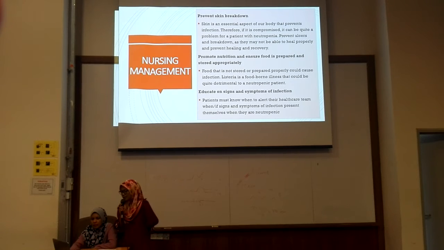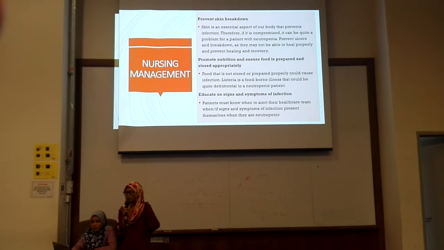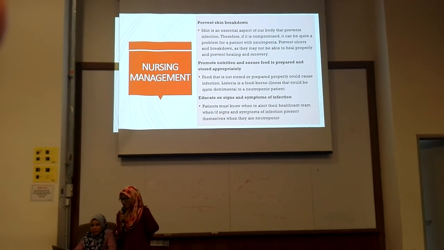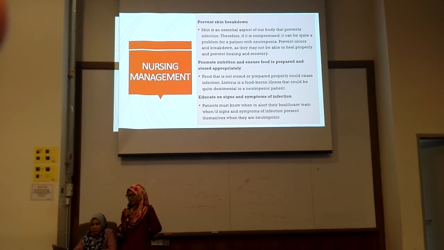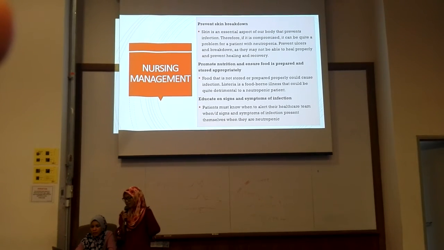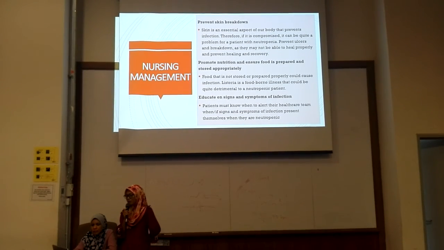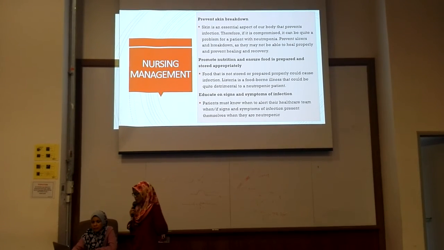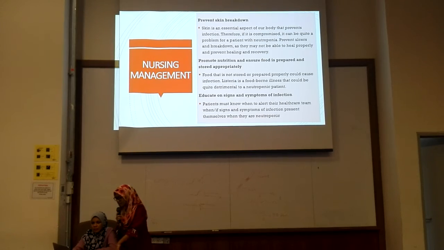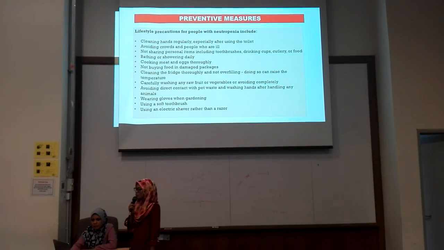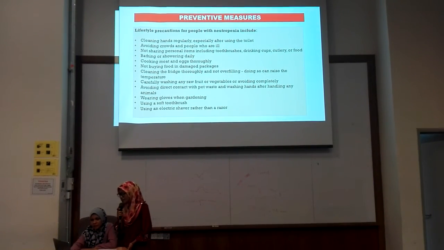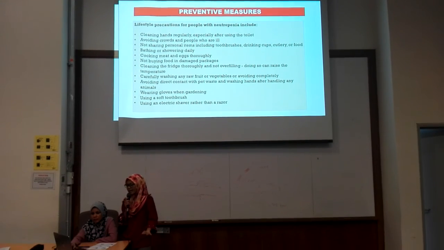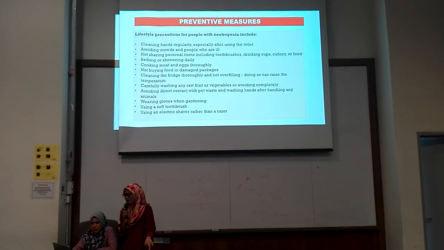Sixth, educate on signs and symptoms of infection. We must teach them, so the patient must know when to alert their healthcare provider. If signs and symptoms of infection present themselves, they can take treatment quickly. Okay, preventive measures. Lifestyle precautions for people with neutropenia include cleaning hands, avoiding crowded places and people who are ill,